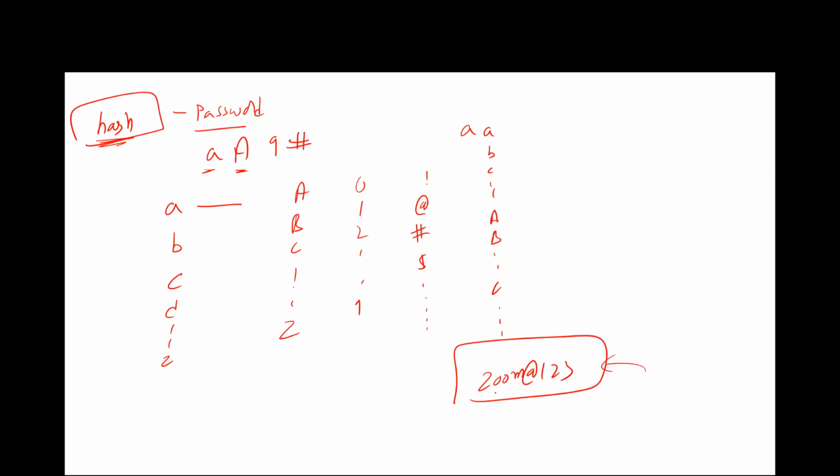So can we say that this is the correct password? Can we say that Zoom at 123 is the correct password for that user account? Yes, right. We can say that Zoom at 123 is the correct password for that user account,